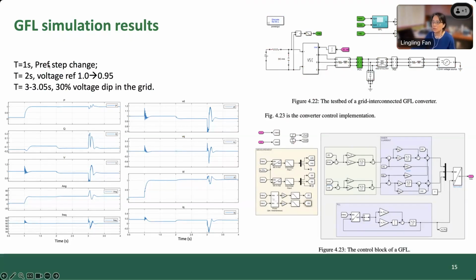Because the P reference changes, if we go back to the previous control block, which is also shown here, the current reference changes. The first thing, the PI controller will kick in, and then the D-axis real current will increase, and the current will track its reference quickly. Once the real current improves, what will happen next? In fact, the grid will start to kick in,